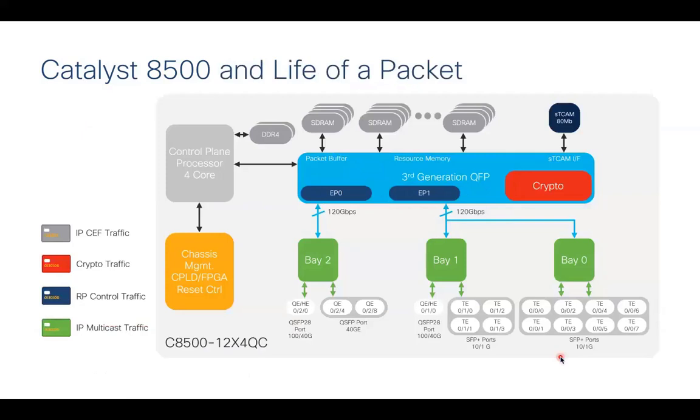This is how it is internally. This is how the port capacities are divided. So I told about bay 0 and bay 1 together can serve 120 Gbps because that's how they are connected to the data path internally in the QFP. And you have L2 aggregation of remaining 120 Gbps done with bay 2 interfaces.